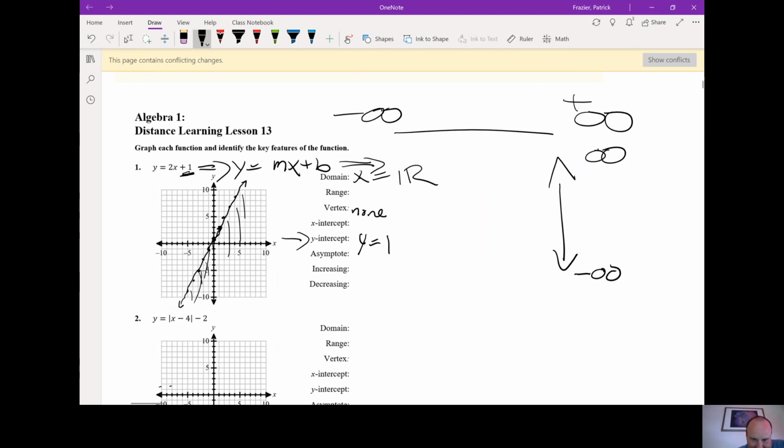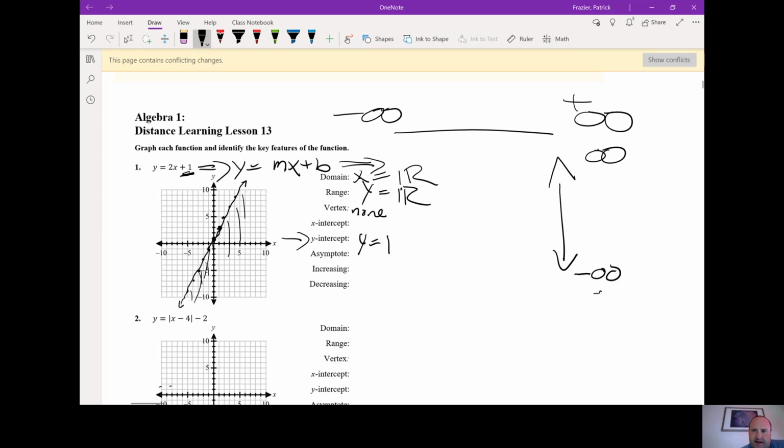We're just going as far down towards negative infinity going down, and as far up towards positive infinity as we're going up. So the range would also be y equals all real numbers. There's no vertex,